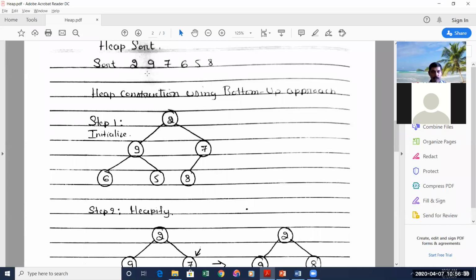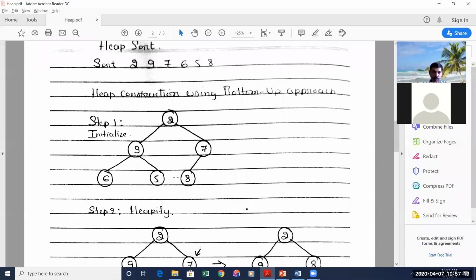What initialize does is, we have to take all the numbers from the given list 2, 9, 7, 6, 5, 8, and starting from the root, we have to start filling all the places in the essentially complete binary tree. First is the root, 2, then come to the next level, then enter 9, then comes the right child of root, 7. So the second level is complete. Then go to the next level: 6, 5, and 8. In whichever order the numbers are given, in the same order you have to write the numbers in the tree. This is the first substep, in which we have initialized the essentially complete binary tree.